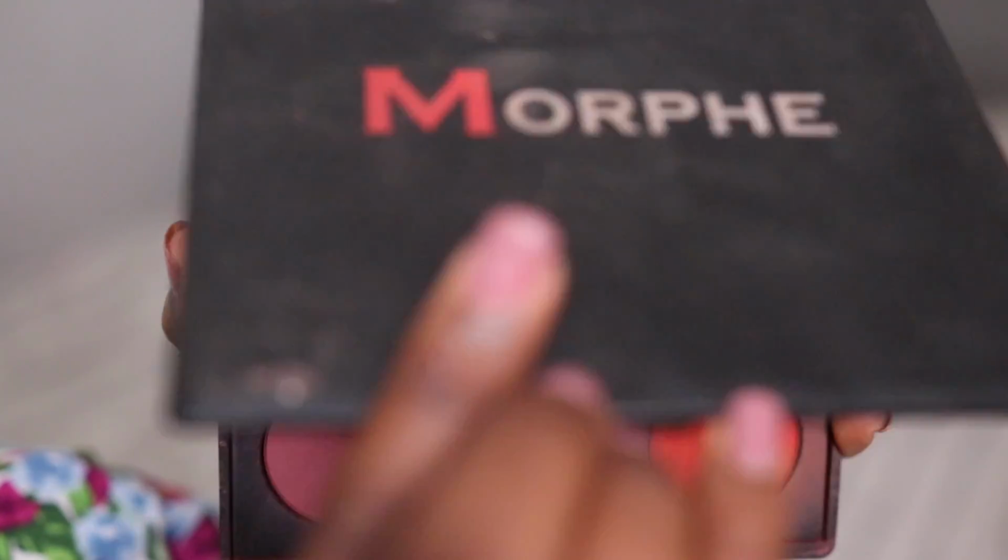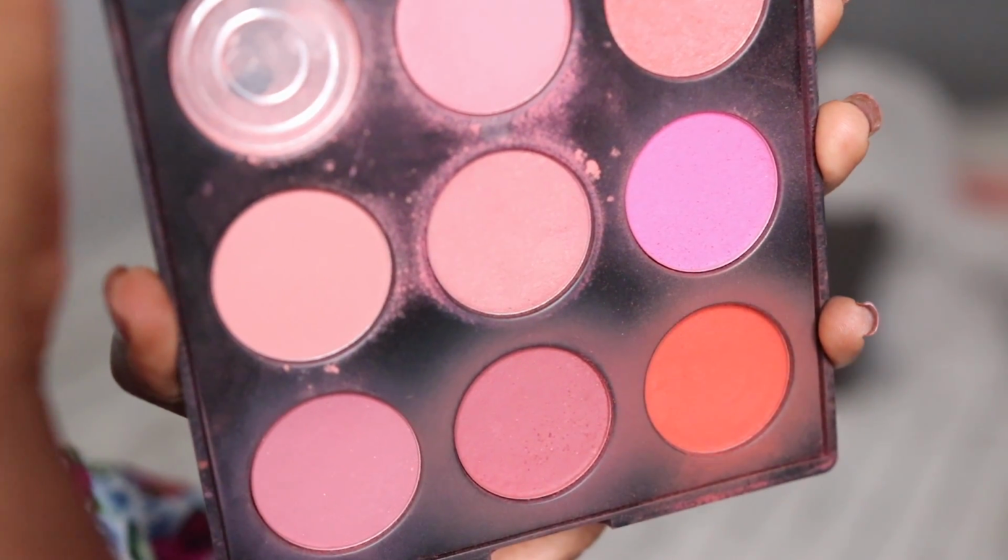Next step, because it's summer and we just like to have some color on the skin, okay? So I'm gonna go in with this blush right here. Now this is a blush palette that's from Morphe. I don't really buy as much Morphe products anymore personally, but I do love this blush palette a lot. I know they've changed it up a little bit more, but it's a blush palette that I really love. So I like to use this pink light beige color right here,